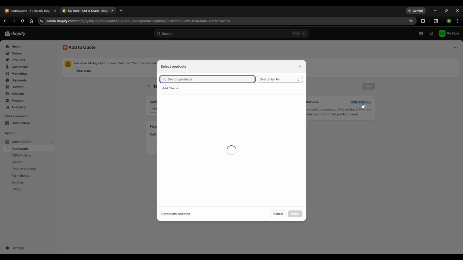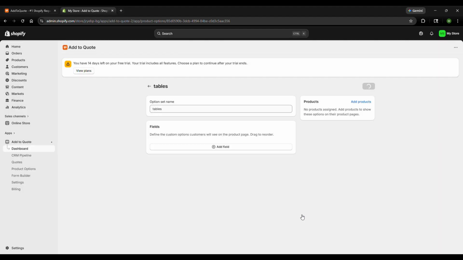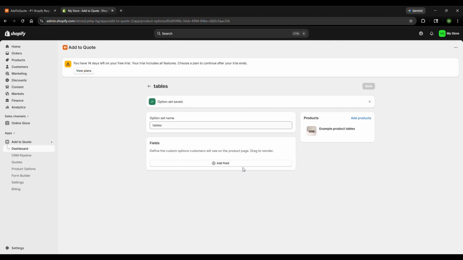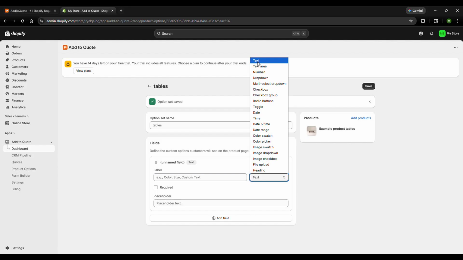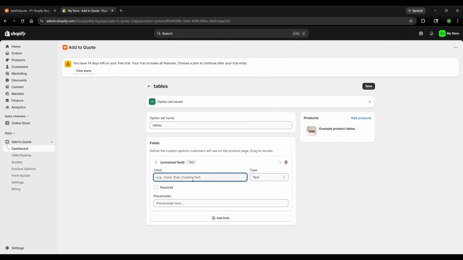And I'm going to add the products that I want to show these specific options on. So I have the table here, and I'm going to add the custom fields. Custom fields can be anything. The types are right there in this dropdown. You have all kinds of types. You can play with it. It depends on your business and your needs. For the sake of this demo, I'm just going to add